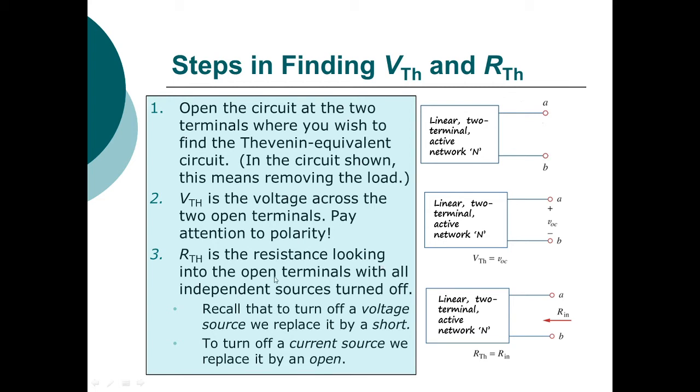And in this regard, I will tell you something which may be known to you: when we are removing an independent voltage source, we replace it by a short circuit, and when we are removing an independent current source, we make it an open circuit. Definitely all these sources are taken to be ideal sources. Okay, so this is the way by which we can easily find out the Thevenin equivalent voltage and Thevenin equivalent resistance for a complex network under consideration.